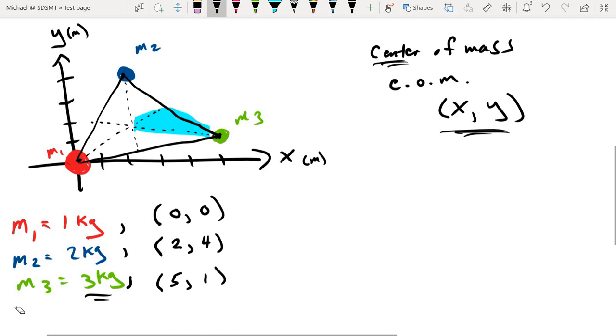In other words, that mass has more weight in terms of where the center of mass should be located. And I don't use this term to mean weight in the physics sense. I just mean that the mass is going to weigh more heavily in the math. The heavier the mass, the more it is going to influence the mathematics. And so